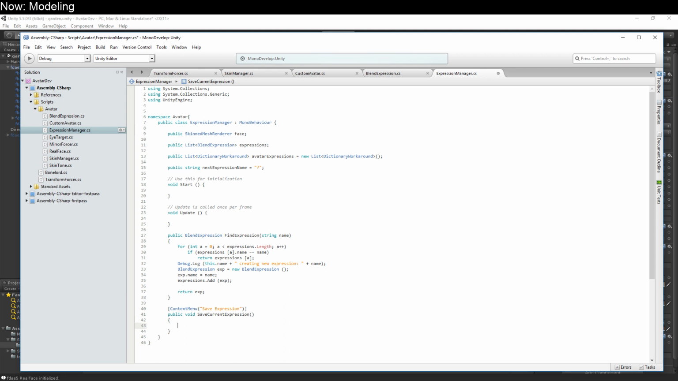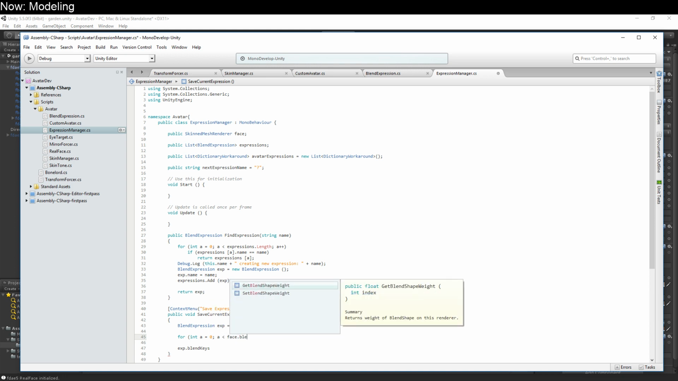Anyway, if we're trying to save the current expression, we're going to need to get the current expression. Find expression, next expression name. There we go. And then we're going to want to just go through all of our blend keys, and any of them that aren't at 0 will stick into our expression. So exp.blend keys, we're going to want to first just find them. So for int a equals 0, a is less than, face dot